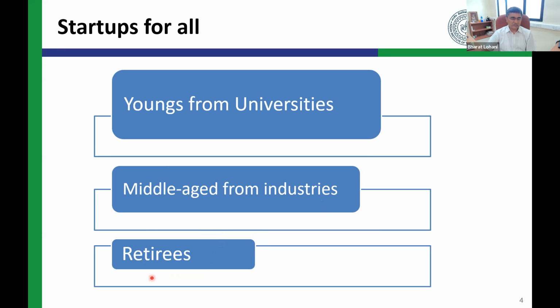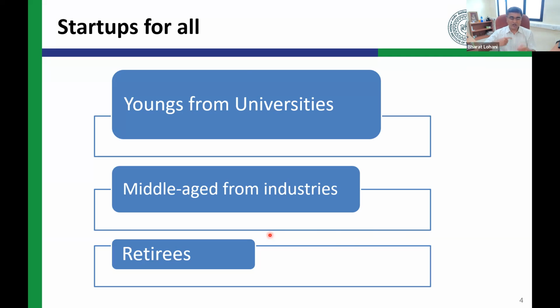Then nowadays things are changing. Even many retirees are going for startups, because the ecosystem in India today is ripe for startups, and the investment is coming to the startups. The government is providing all kinds of support. The market is recognizing the startups, and besides this, even with IT technologies, the way cloud technology is there now, with very little investment in capex, a startup can start its business and can start providing solutions.